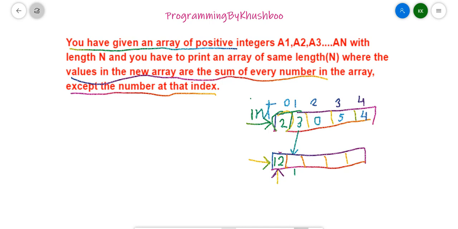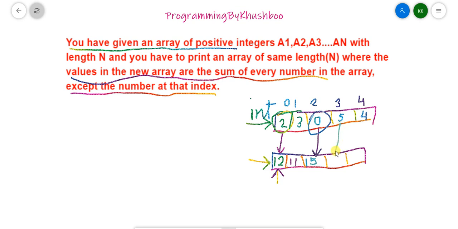Again, for the third position, we print the summation of all values except this index value. So 4 plus 5, 9, 14, 15. So we need to print 15 here.